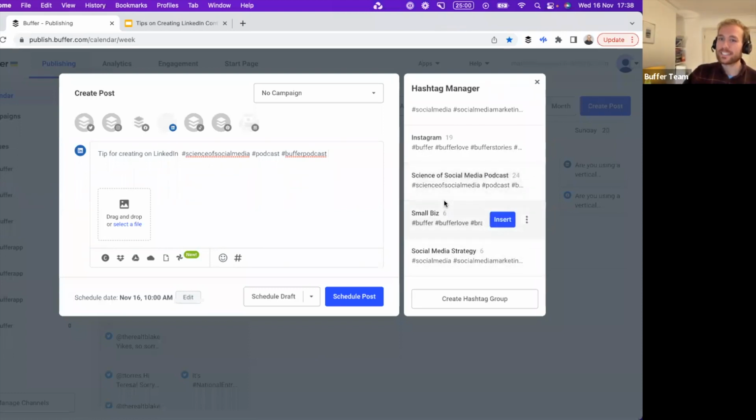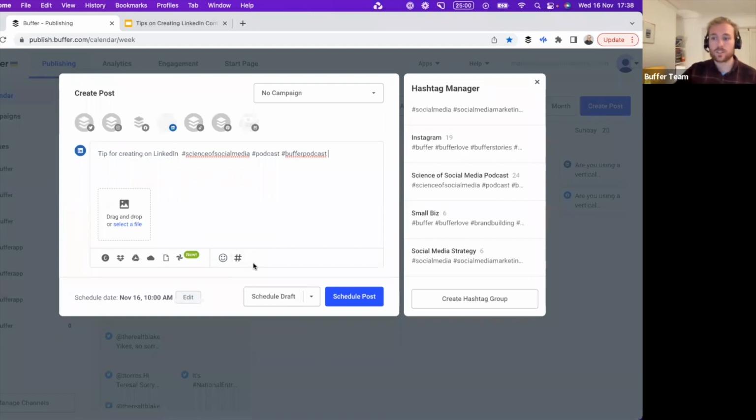And that just makes it really easy to add all of your hashtags without having to copy and paste them from somewhere else. You can also add in emojis and, of course, connect with Canva, Dropbox, Google Drive, OneDrive, Giphy, and Google Photos to drag and drop any of the imagery that you want within Buffer as well, which is fantastic. I will tell you in a bit how to find out which hashtags work best on LinkedIn. So we'll cover that in a bit.